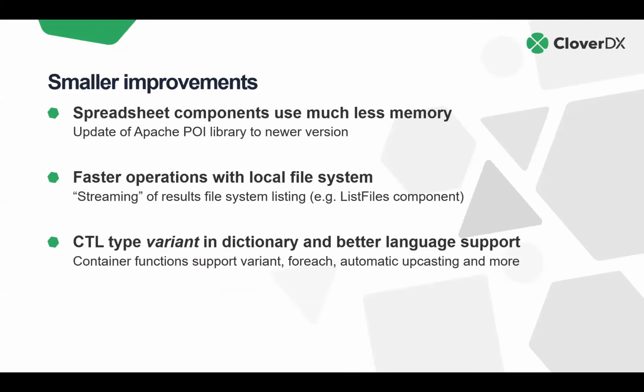And as usual, there are a lot of smaller improvements. Some of them can affect compatibility. So just a quick list. One of the things that we did is that we updated the Apache library that we use for working with Excel spreadsheets. This resulted in quite a nice performance improvement and also significantly lower memory requirements. In some cases, the components will use about half of the memory compared to the previous version. So especially if you are using larger Excel sheets, you will see the difference,